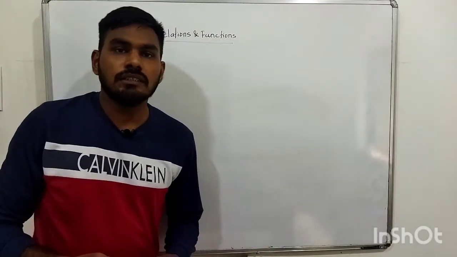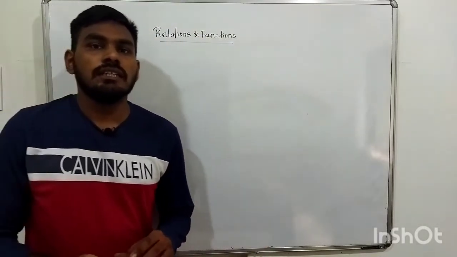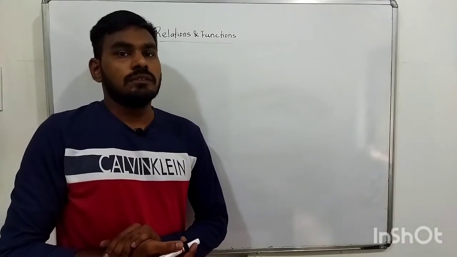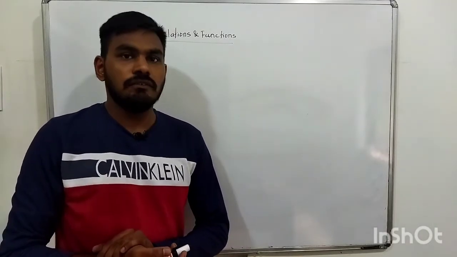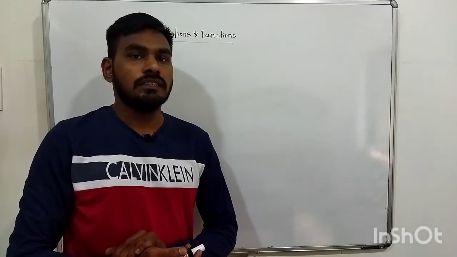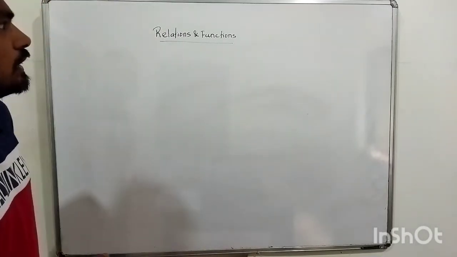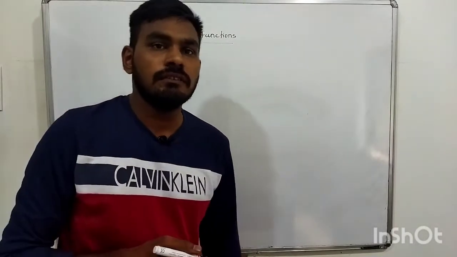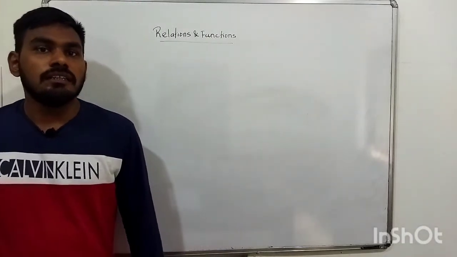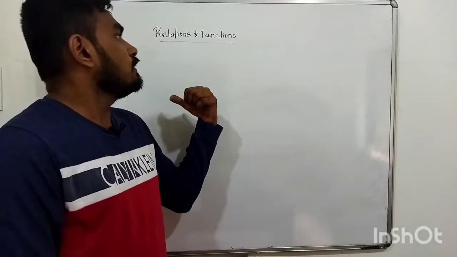This lesson is a continuation of the lesson sets. Okay, so basic things about sets we need to know here. Some of the basic things. For example, what is a set? Okay, a set is a well defined collection of objects, and then there are different ways of writing a set.